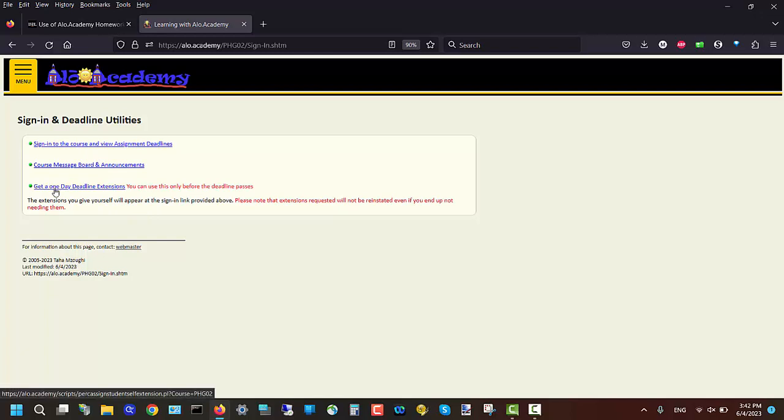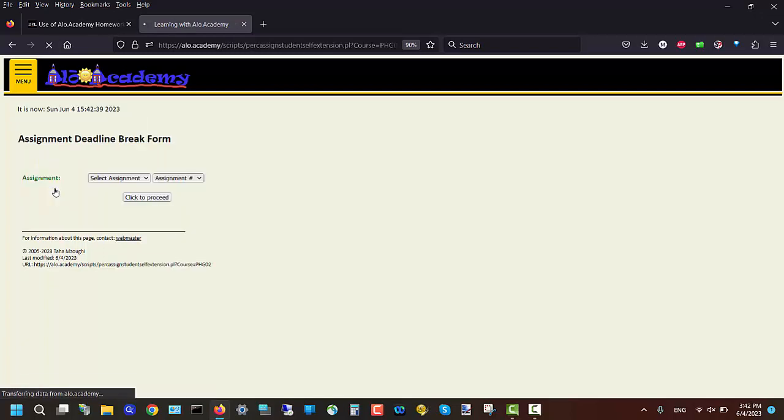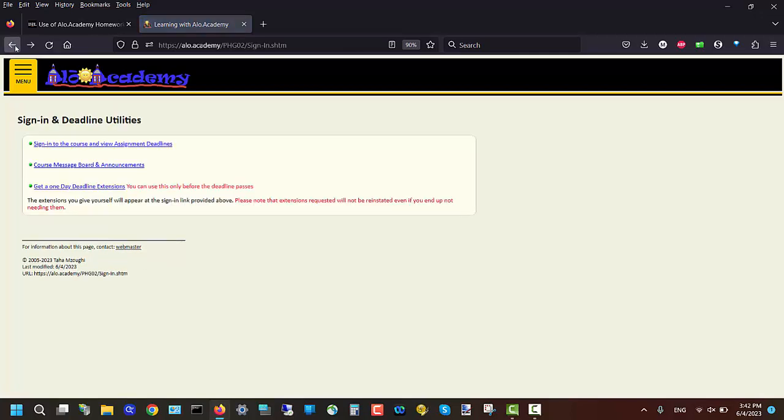And then this is a place also where you can submit extension deadline requests. These are one-day extensions that you can request by yourself, but you can request them only, like it says here, before the deadline passes.